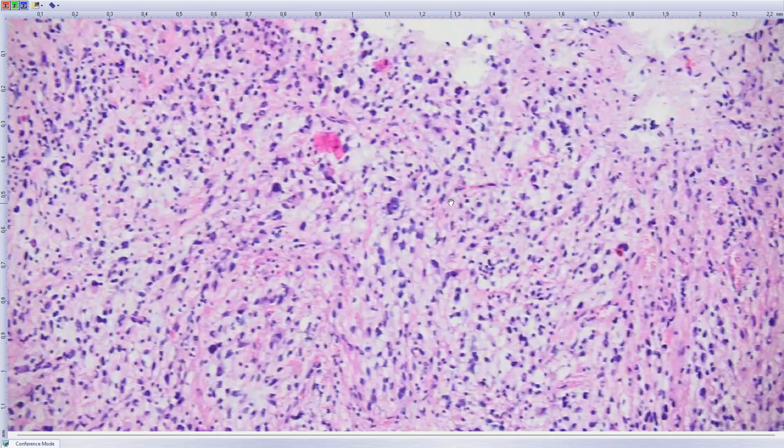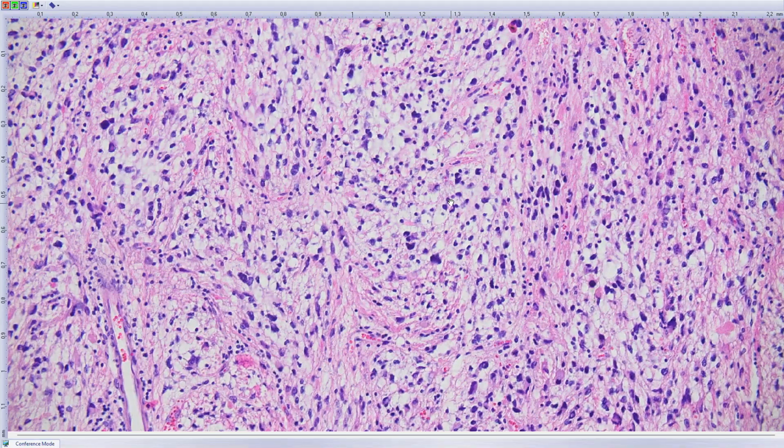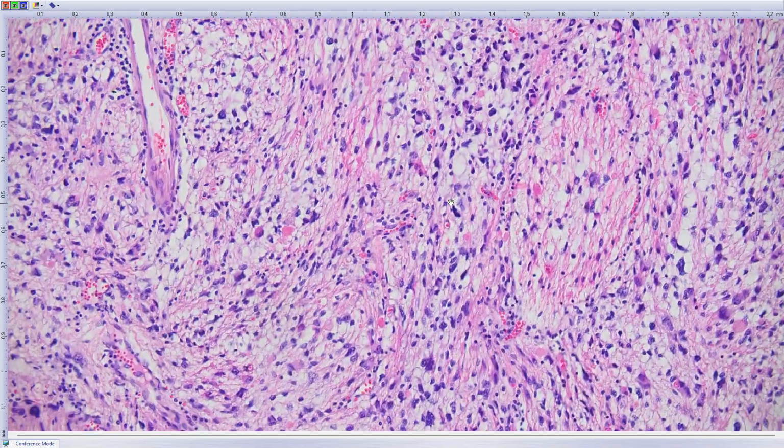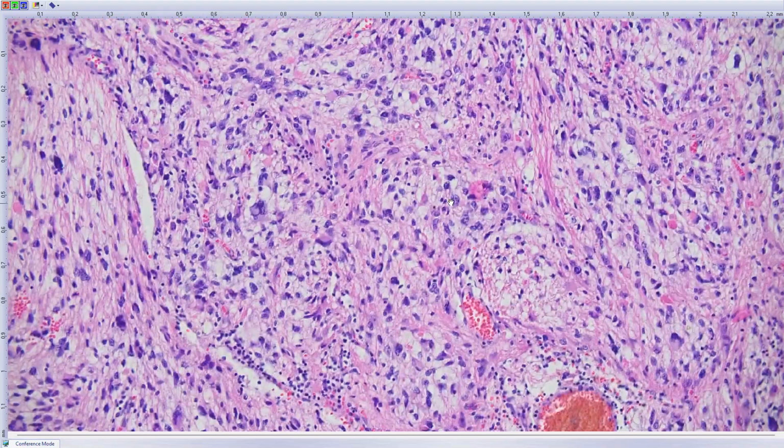But in addition, in my eyes, some of these nuclei are really ugly looking. So it's way beyond what I expect in, let's say, regular, common pilocytic astrocytomas,